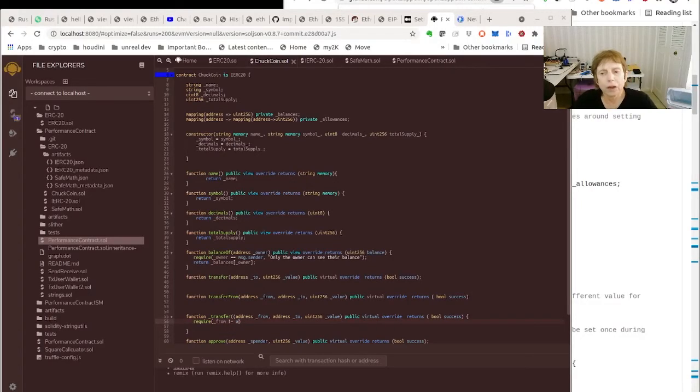Okay, so last night we did some of the basic functions, and tonight we're going to look at the transfer function. Now, I'm looking at two example implementations. One is from Consensus and one is from Zeppelin. What I like is they do this here where they create a private function, private method,